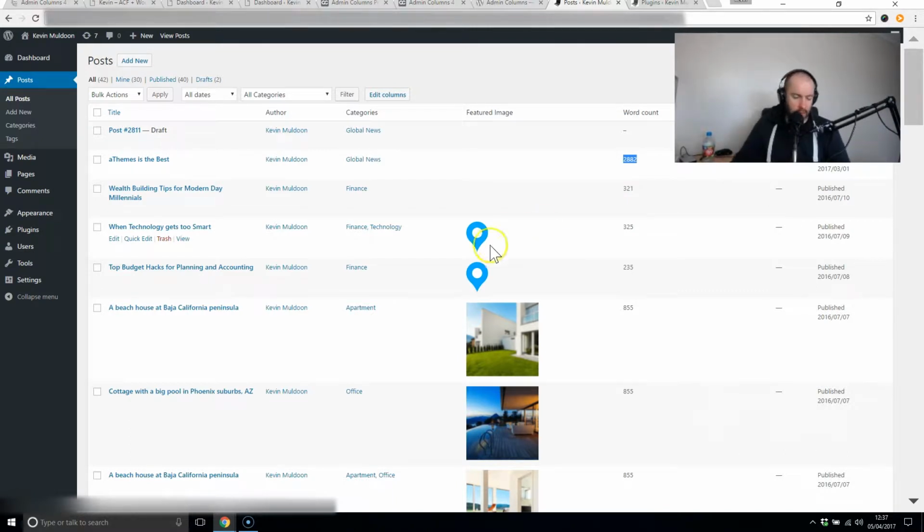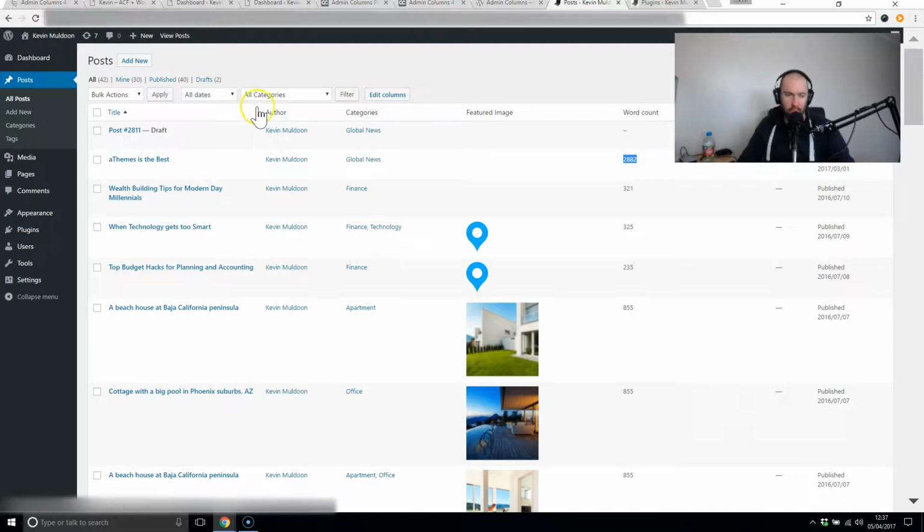The beauty of this as well is that you can customize your overview pages for whatever it is, your posts, your media, your pages, anything you're using. You can customize it, but you can also set up different column sets. Now, that's available in the Pro version, not the free version. But in the Pro version, what it allows you to do is, say for example, I could set up a